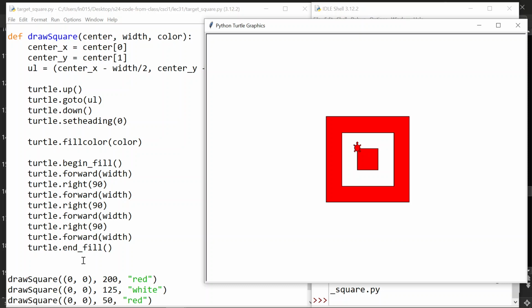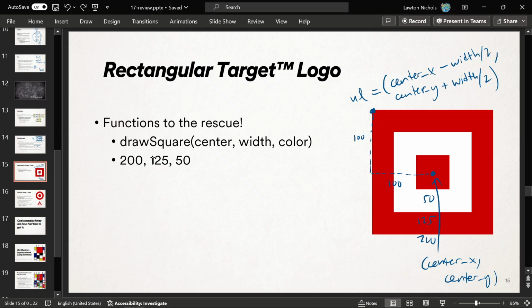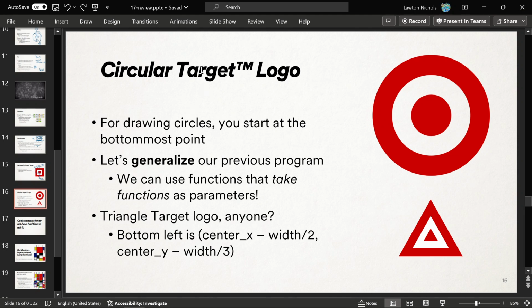So, let us do the real target logo now. We'll take what we had and we'll make it better. Let's make a circular target logo. And this is going to be interesting as well, because when you draw circles with the turtle,